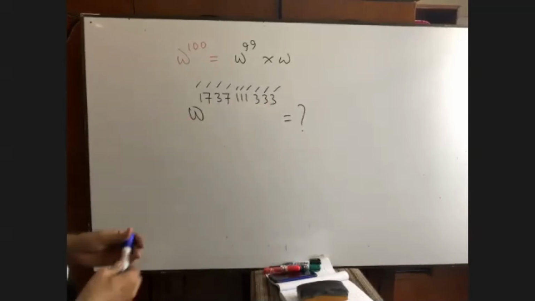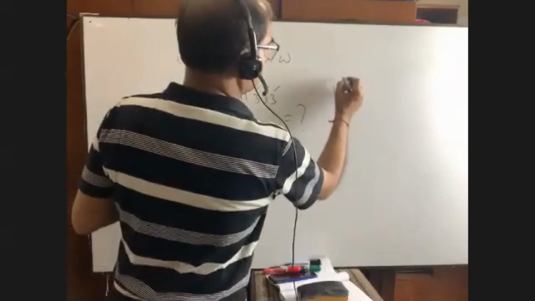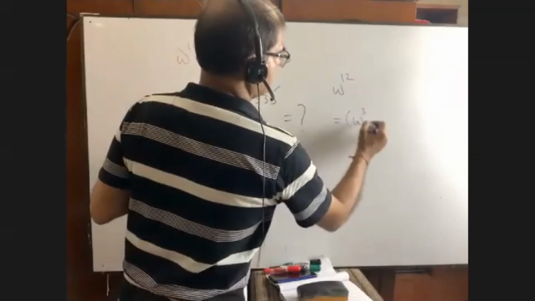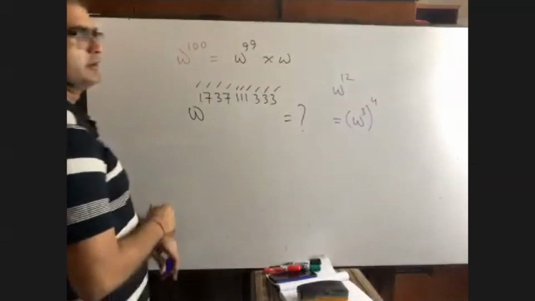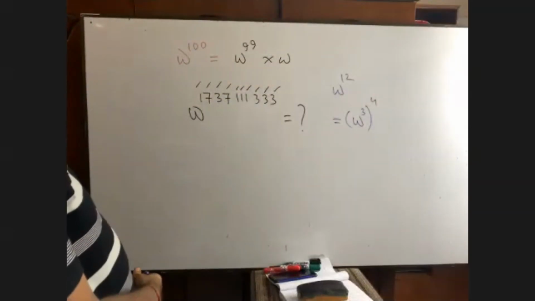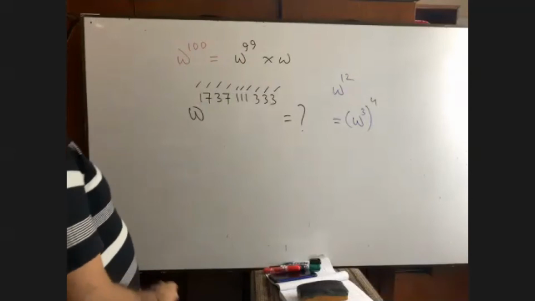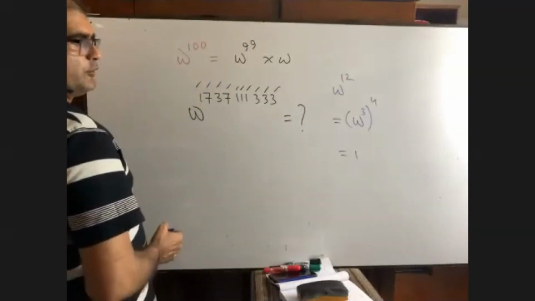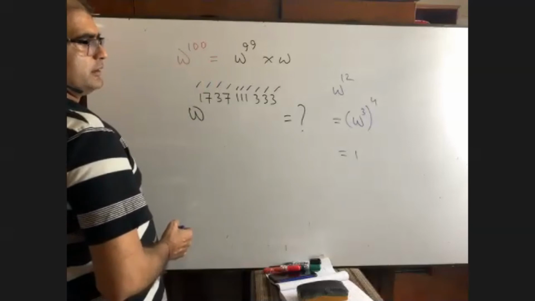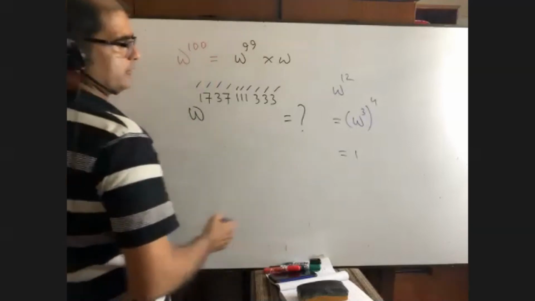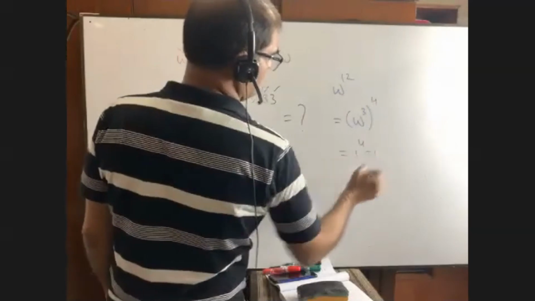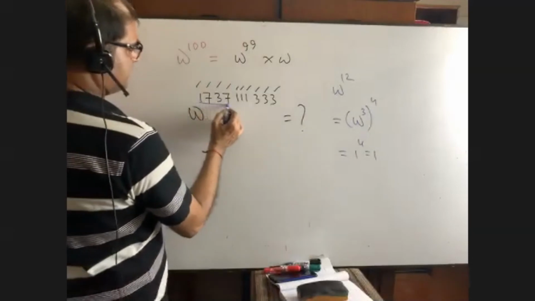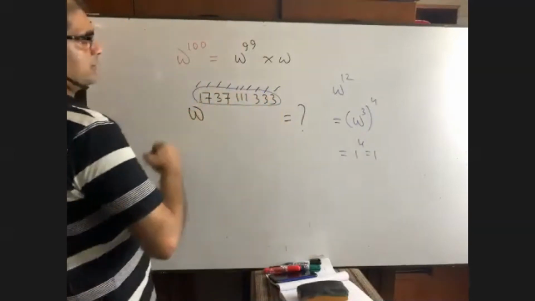Have you got me? Achha, wait. What is the value of omega 12? Omega to the power 3. Am I right? 1. Yes, sir. It is what? 1. Okay. So 1 to the power 4 equals to what? 1. In this way. So you have to divide it by 3 at first. Can you divide it by 3? Yes, sir.